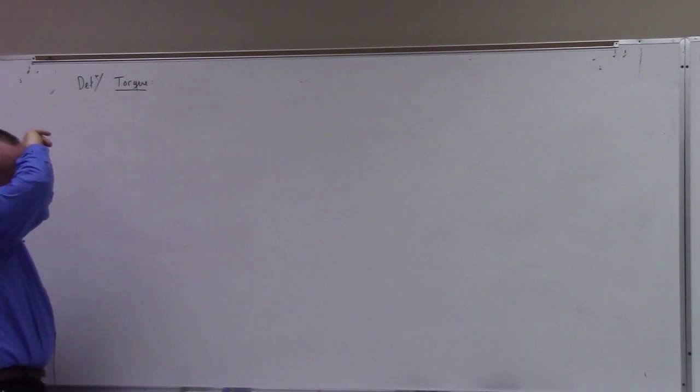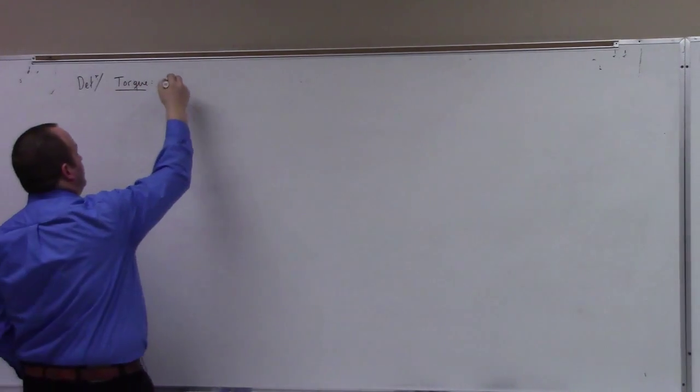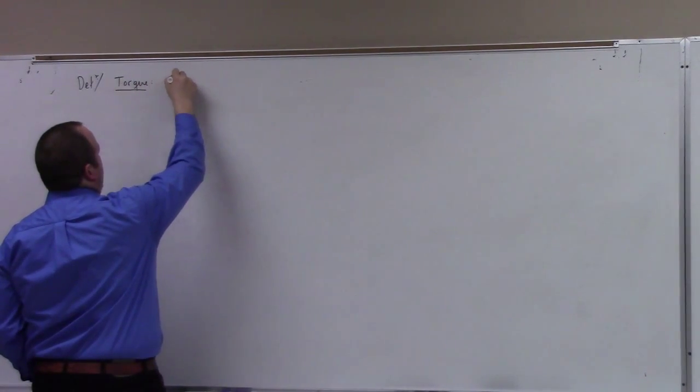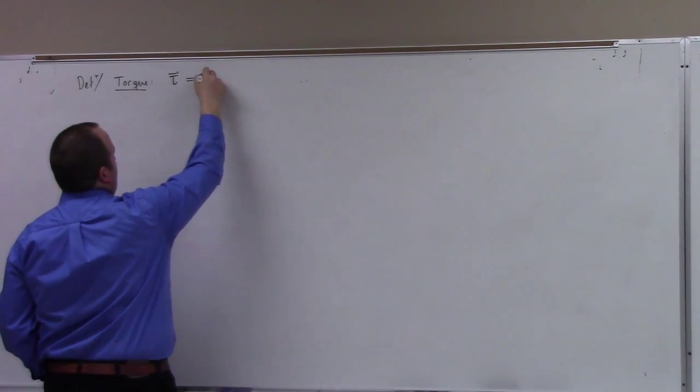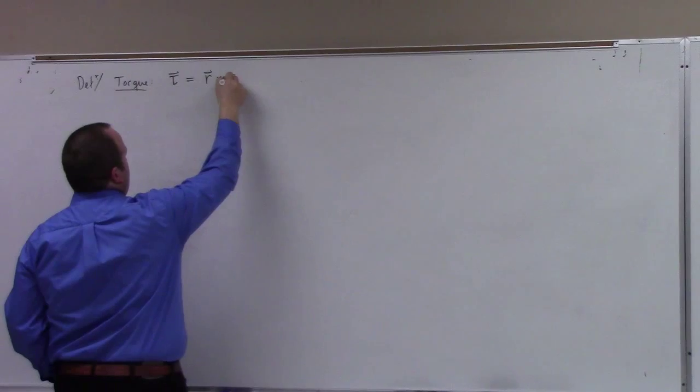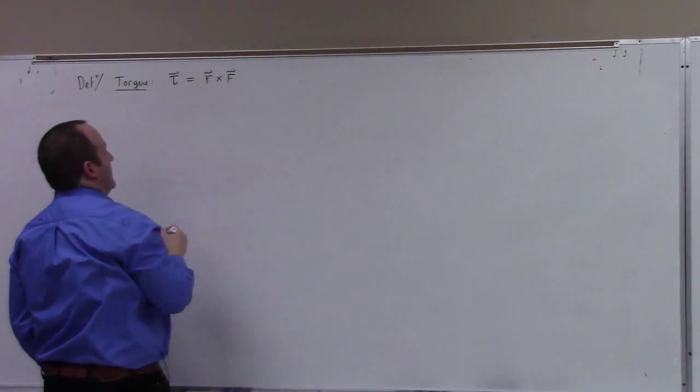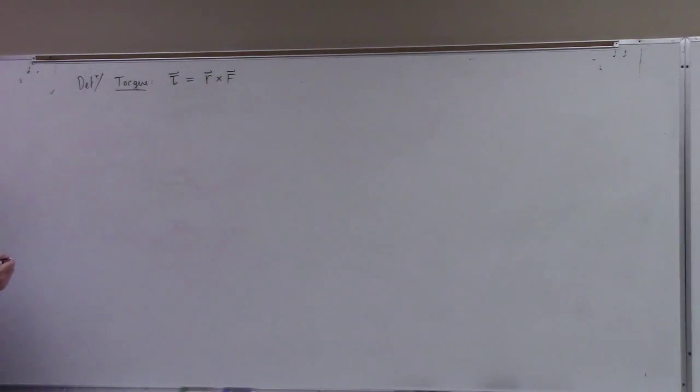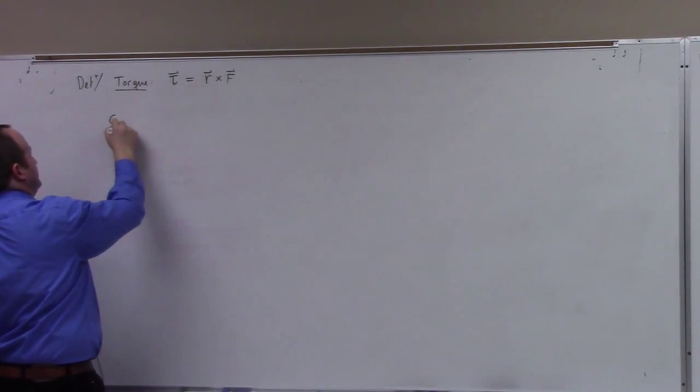All right, so what is torque? We use the symbol tau for this. It's equal to R cross F. Now this is the three-dimensional definition. I'll start out three-dimensionally and then I'm going to specialize, all right? So that's the cross product. Just for an example,